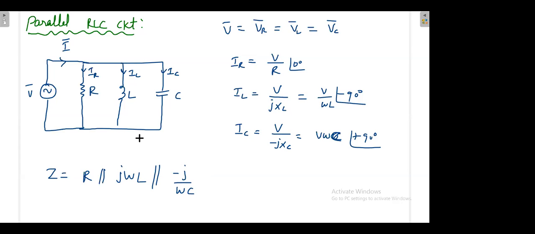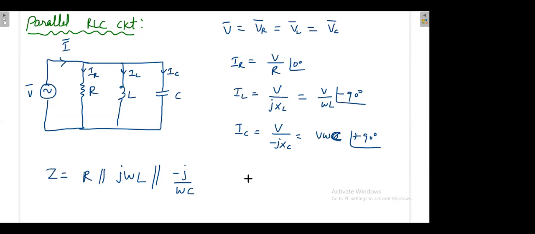Are you comfortable with this? Because this is not a series combination, just like that I cannot easily tell what will happen. But I will use some other concept, based on which we will decide what will be IL and IC. We should know which one is greater, either IL or IC. Then based on that, we can conclude, because you can draw the triangle with the help of the current or with the help of the impedance also. Now we will not go by the impedance because that is a little bit tricky and it will take much calculation. So I'll draw the triangles with respect to the currents. We'll see the cases one by one.